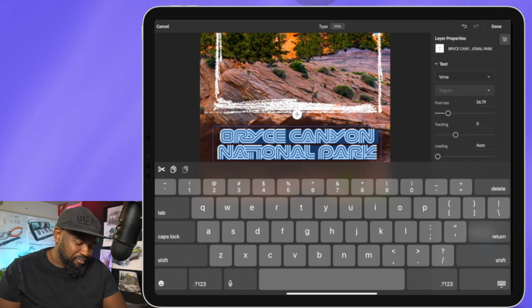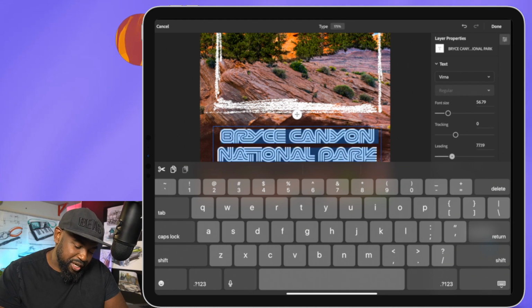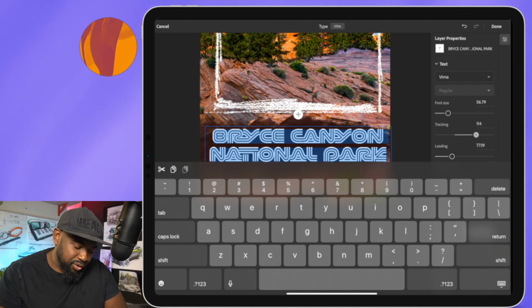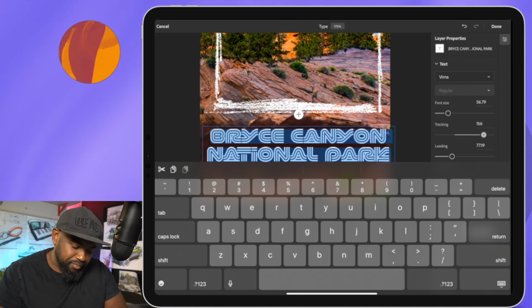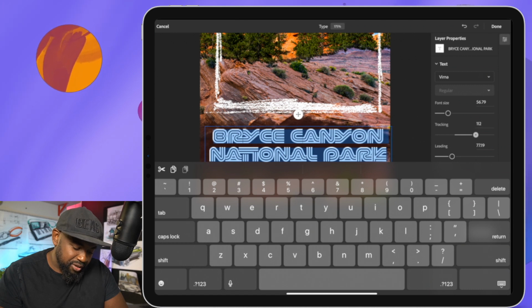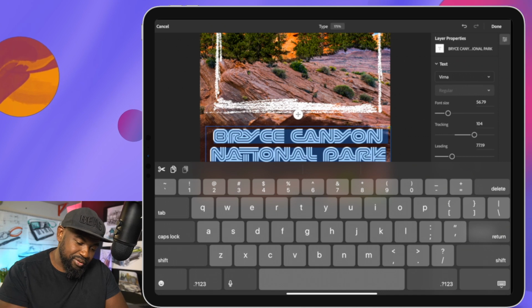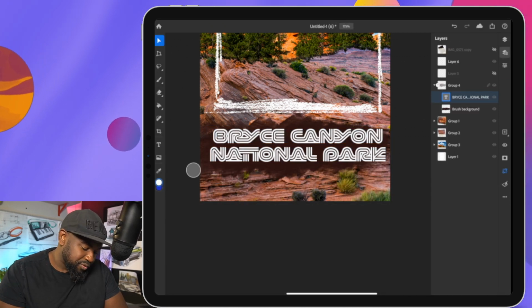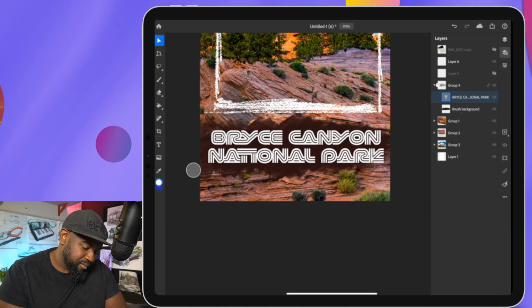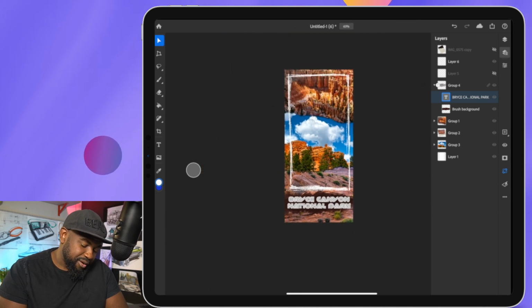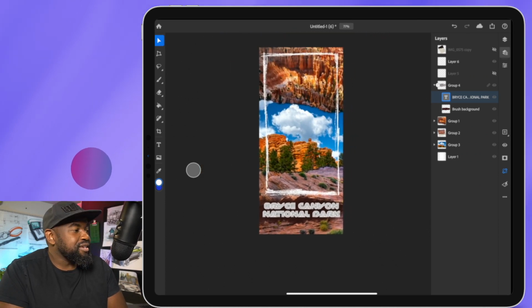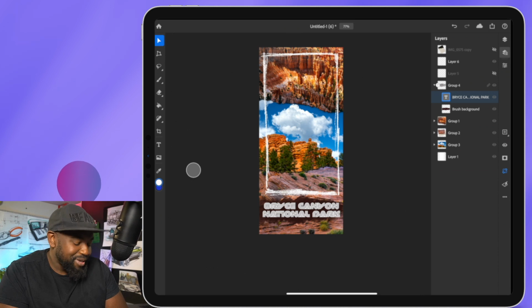All right. So now I can adjust the leading, which is the space between the lines, and I can adjust the tracking. So if I want to make it a little bit more legible, right, we can pull those out. Or if I want to keep these connected and tight, we can do that as well. Hit done. Move it where you want to move it. Okay. Just like that. And now we have our cool social media story that we can drop into your favorite